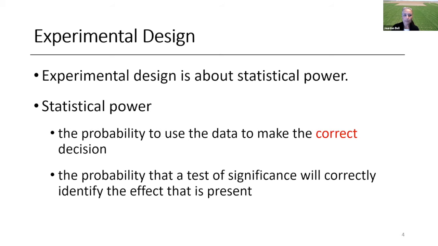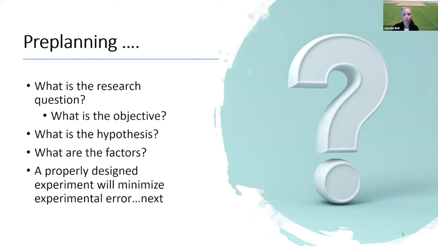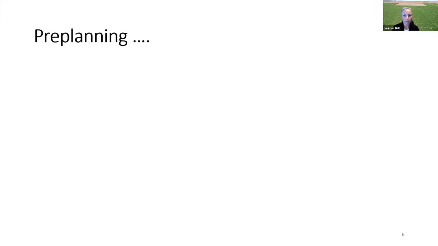And so with statistical power, we have the probability to use the data to make the correct decision, but we have to make sure that the experimental design was done properly so that we are using the data properly. And then also the probability that a test of significance will correctly identify the effect that is present. So as we do this, we really have to start thinking about pre-planning. And of course, with that,